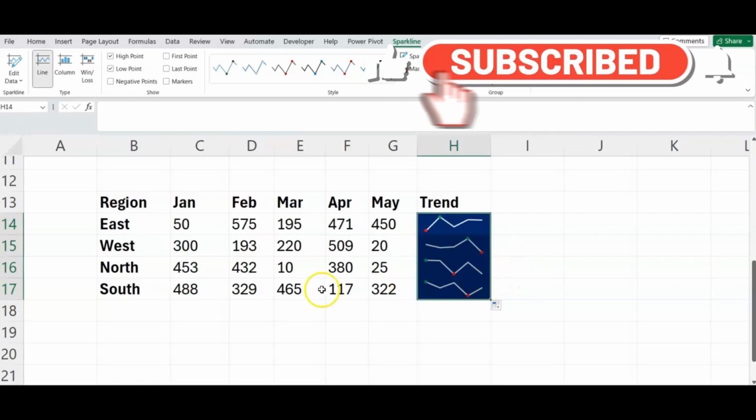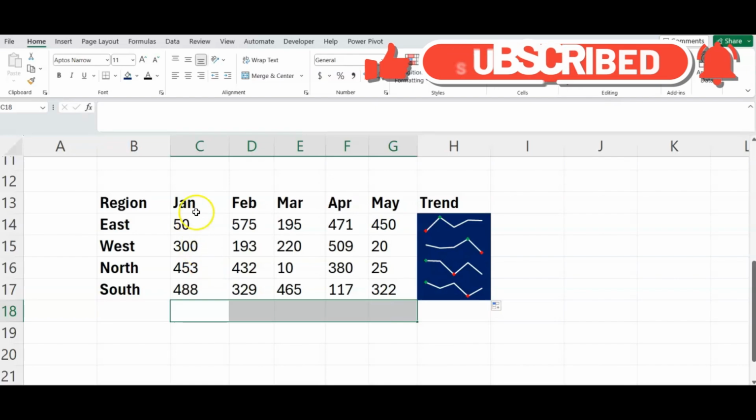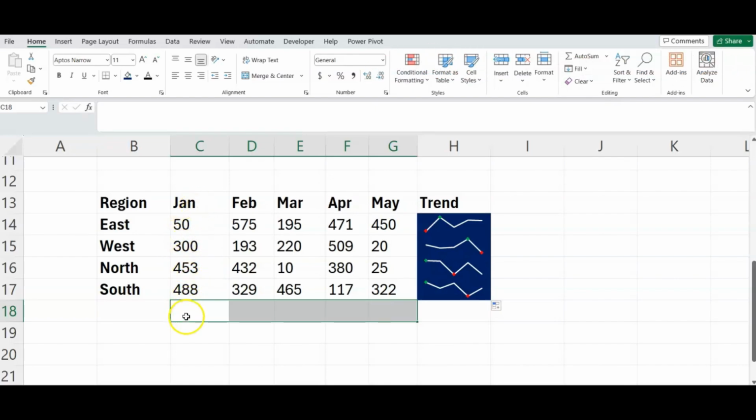Now we have this. Let's do the same thing for the bottom here. This bottom is going to show us by region. So we can see which region is doing good and which one we need to do more work on. To do that, we're going to do the same thing. Let's give this a nice color. And now I'm going to click on the cell here, and we just need to go back to where it